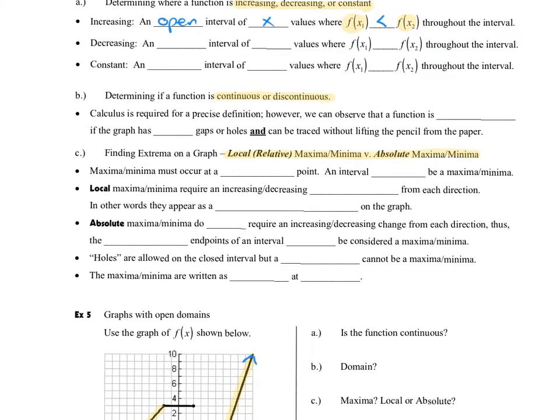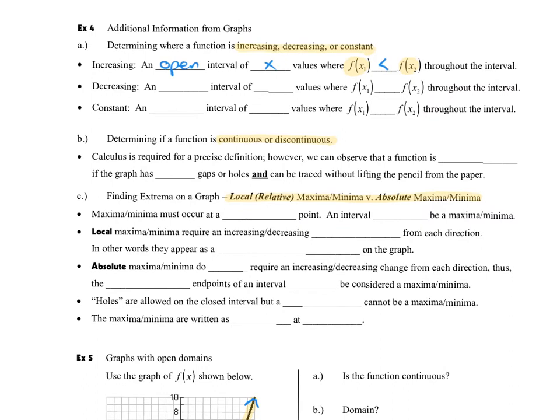Now we can go back up here and look at our decreasing intervals. Our decreasing intervals will also be open intervals. So of course, those are also going to have open parentheses, those curves. They're going to be x values. So we're going to describe the interval with an interval of x values. But this time we're looking for where f of x sub 1 is more than f of x sub 2. What that means is that we are looking for places where the initial y value is higher than